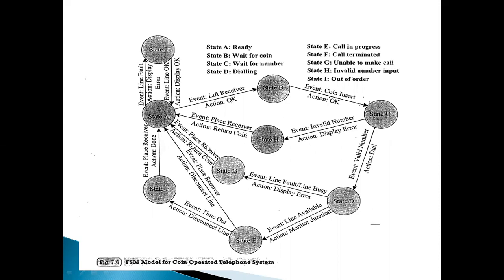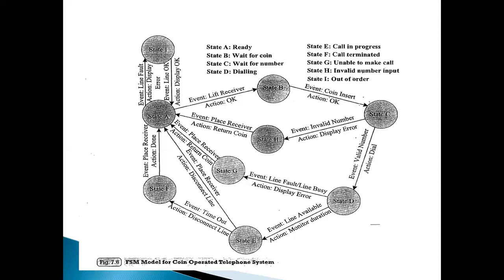Similarly, from state D to state G, if the destination is not available, it will come back to the original state. So this state machine itself describes the various states and state transitions that take place in the coin operated telephone booth.